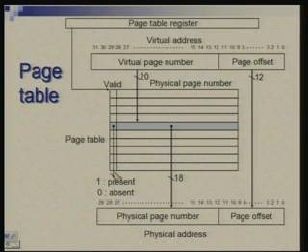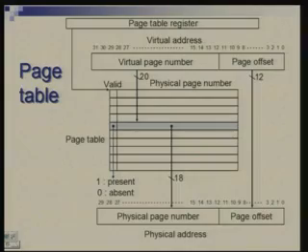In terms of its effect, this is the same as a fully associative cache, where in case of cache we were required to make comparison with all the tags present for various blocks, but in this case we are not making any comparison. Here you have one entry per virtual page. Okay. In cache it is one entry per cache block. Okay. So, the number of entries in the cache directory is equal to the number of blocks in the higher level memory. Here the number of entries is equal to the number of pages in the lower level memory. Okay. So, that is the difference which you should notice.